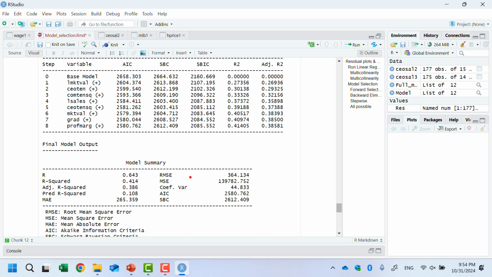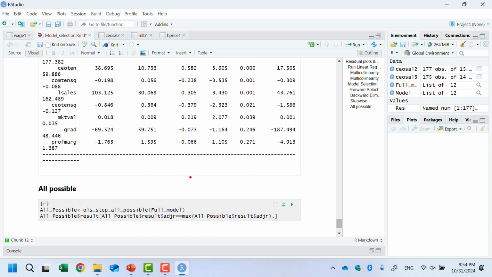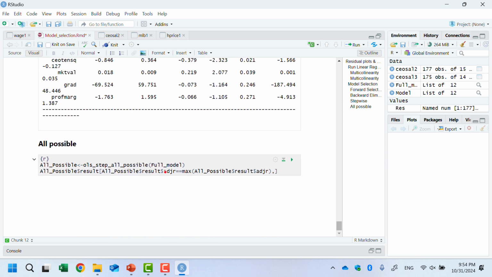Stepwise, yes, you see the stepwise. For stepwise you can also use the p-value, and all possible cases. Actually, this one takes a really long time.